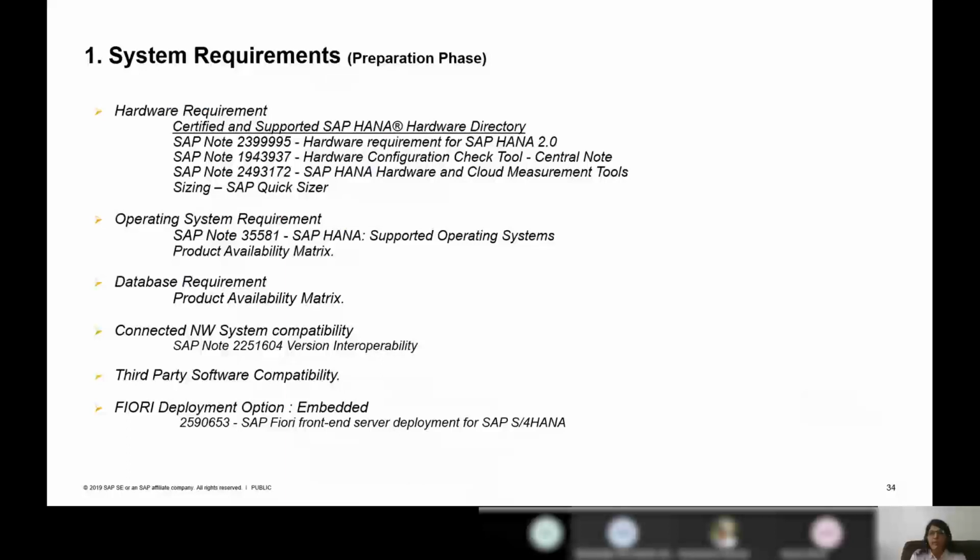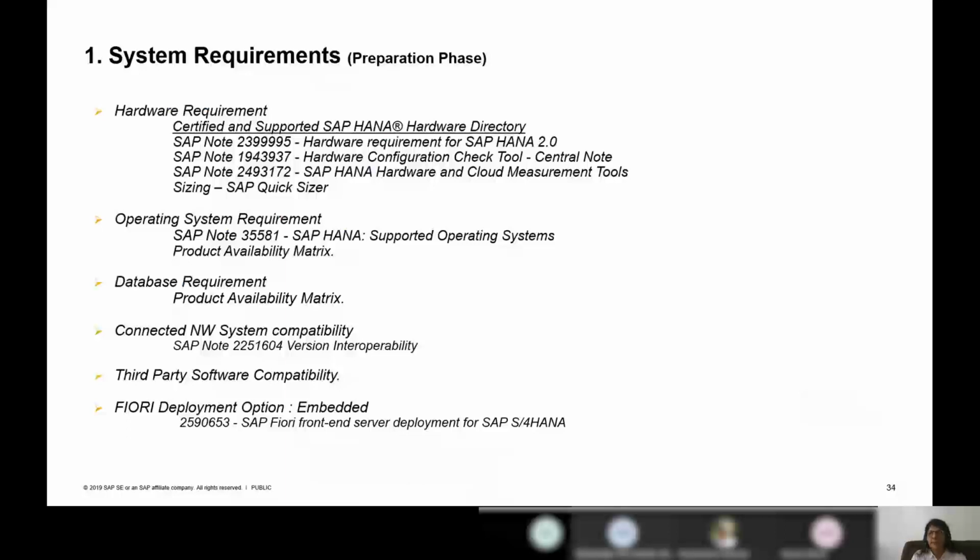So what I would request all the customers is to get in touch with your hardware vendors and take the entire list of appliances which you have. SAP has provided a certified and supported SAP hardware directory in which you can identify whether the current hardware is capable of handling SAP HANA 2.0.